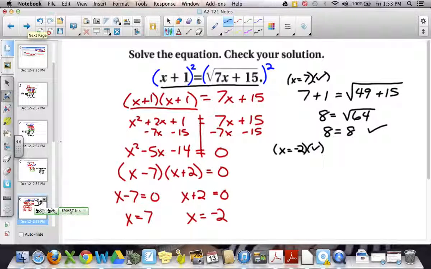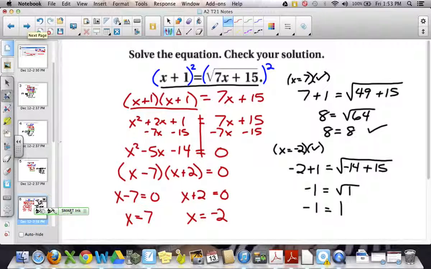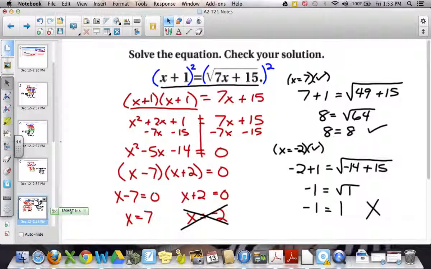Okay, so substituting that back into the original equation, we get negative 2 plus 1 equals the square root of 7 times negative 2, which is negative 14, plus 15. So that gives me negative 1 equals the square root of 1. So negative 1 equals positive 1. That does not check out, okay, because those do not equal each other, which means that x equals negative 2 is not a solution. Okay, this is what we call an extraneous